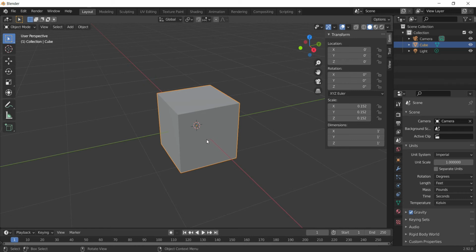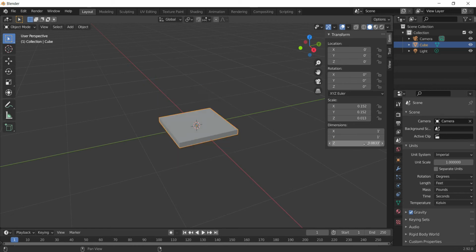But for the base of a table, this much height seems way too long. Now here, working with the imperial unit gives us a small advantage: I can put the value in inches as well. Let's see how. Here the numerical value is in feet, indicated by a single apostrophe sign. If I put the value, let's say 1 inch, with a double apostrophe sign which is on the keyboard, and press enter, it will calculate the value into feet and give the same dimension to the object.